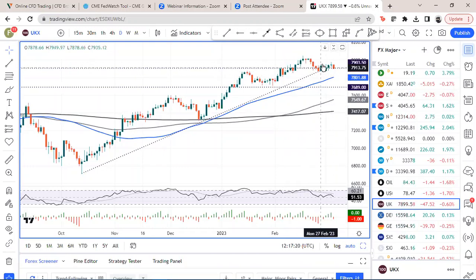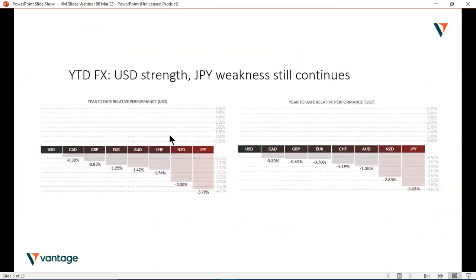So an interesting level there with that sort of long-term trend line support or resistance. Okay, moving on to just very quickly last week's bits of data. We had